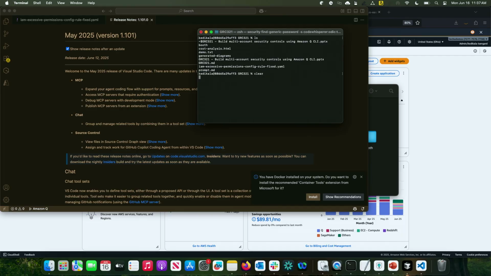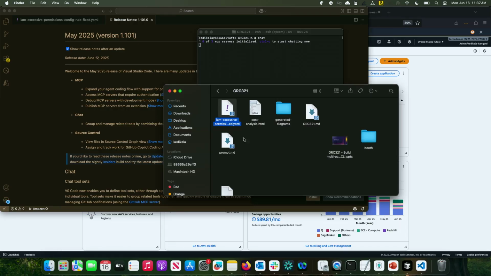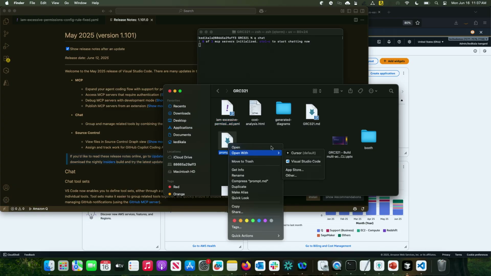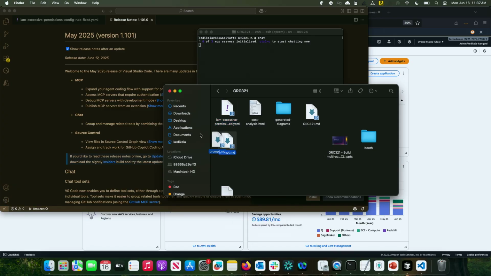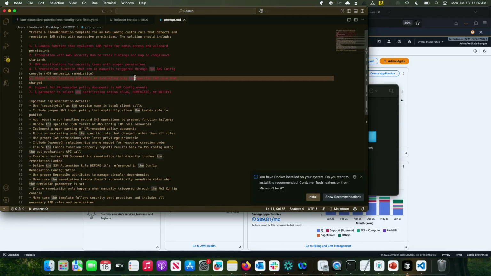All right, so we're in our working directory. And to initialize Q Developer in the CLI, all you do is type in q chat. Takes a bit of time. All right, cool. While that loads, I'll show you the prompt I'm going to be using to build the solution